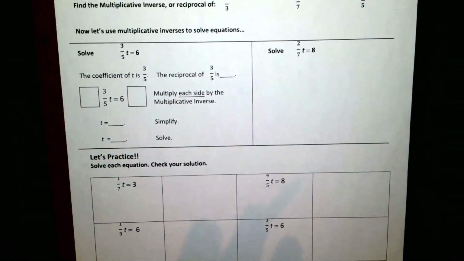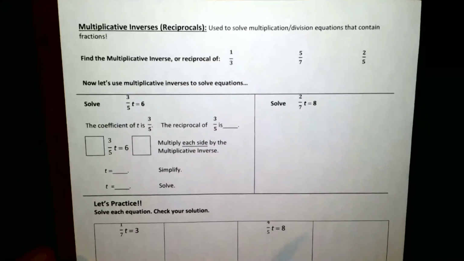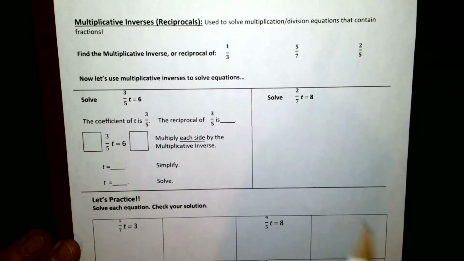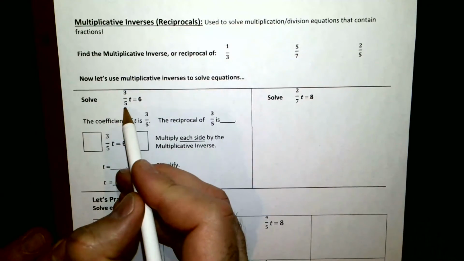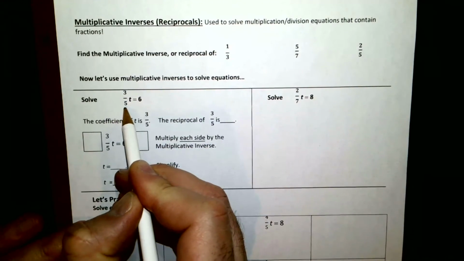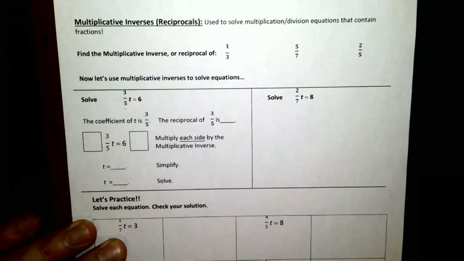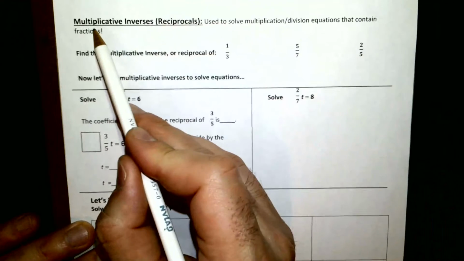Okay, so hopefully you did pretty well with those. Let's talk about the one additional type of one-step problem that a lot of kids struggle with. And that's when you have fractions in your equation. In order to solve these problems, they're actually really simple. There's a great shortcut. You just have to remember that